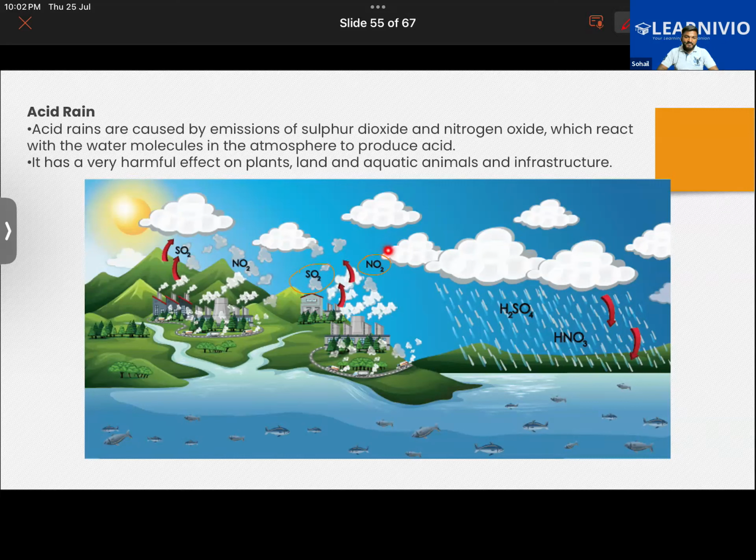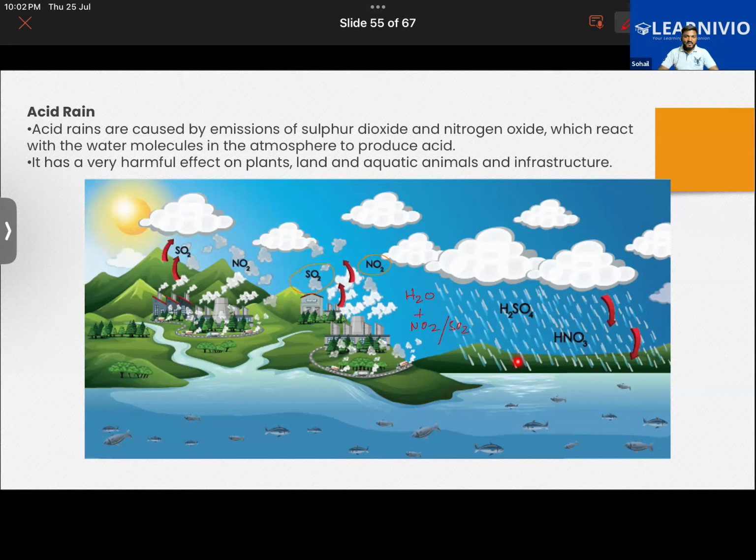While there will be precipitation, while there will be rainfall, the incoming water would be reacting with these gases. So, say you have water, H2O, it would be reacting with NO2, or it might react with SO2. When the water reacts with these gases, namely nitrogen dioxide and sulfur dioxide, that will lead to the formation of acids like sulfuric acid and nitric acid. Getting it? So that will lead to acid rain,